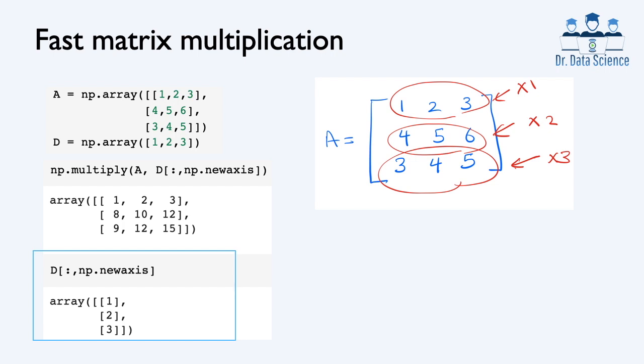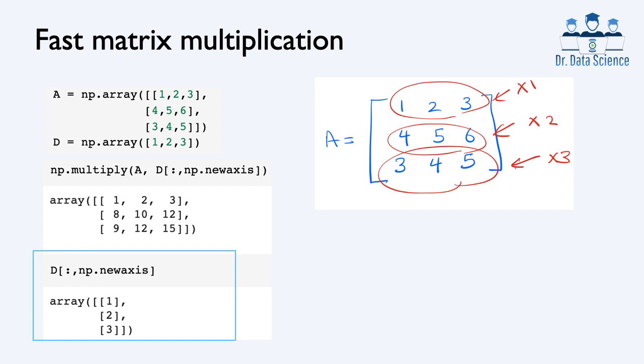My goal is to multiply each element in each row by the corresponding value from the one-dimensional array D. D has only 3 elements: 1, 2, and 3. So I want to multiply the first row of A by 1, the second one by 2, and the third one by 3. In order to do this efficiently, you can create a two-dimensional version of D using